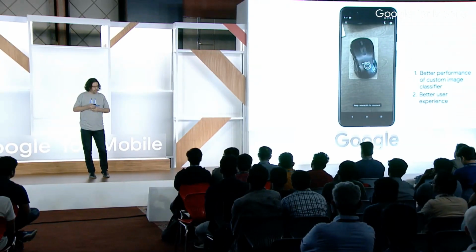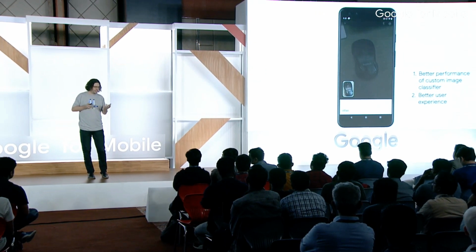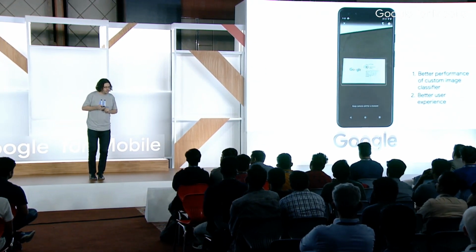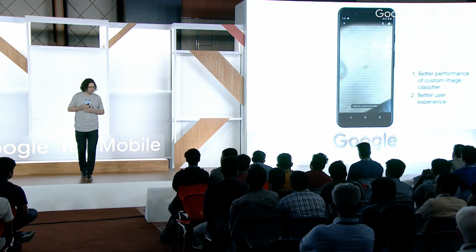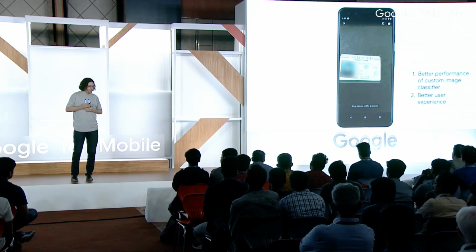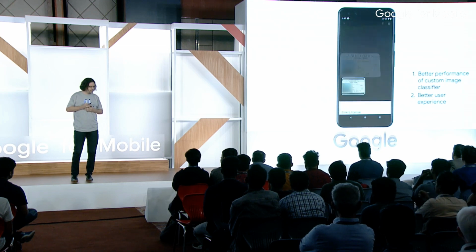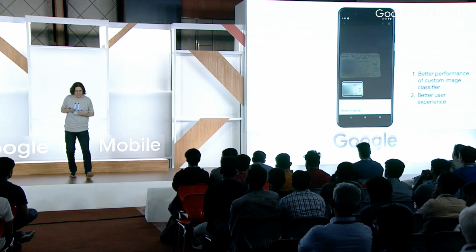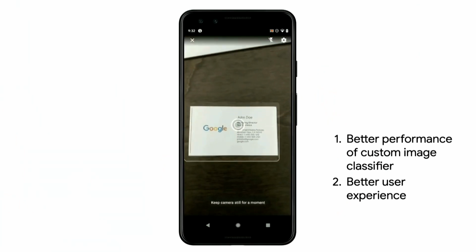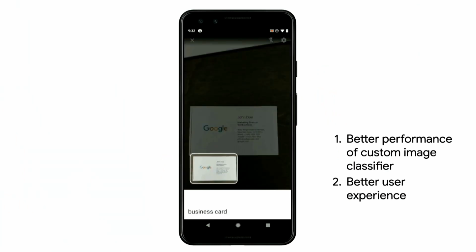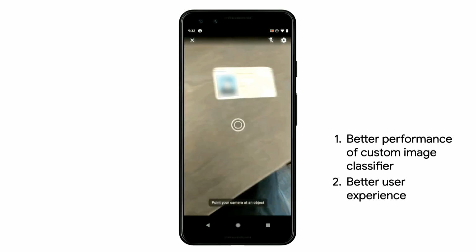Okay, so let's see how that performs. We pointed at that mouse here. That's still other, so we didn't really train on that one. This is a business card, and business cards. And this driver's license, yeah, it's a driver's license. So what happened here is that because of the cropping, now your model performs much better, and you also provide this richer experience where you don't have to ask users to snap a photo, but it just happens automatically.